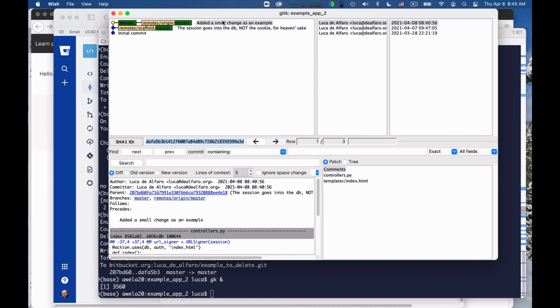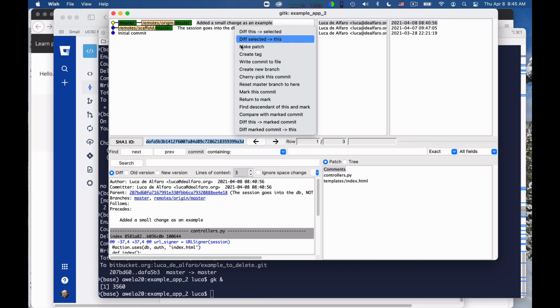For example, one of the things I love the most is that I think it happened to all of you that at some point you make a super silly error, and you say, oh, I just wish I never did this commit. I realize it's completely wrong-headed. Can I please go back? Or can I at least go back with one of my branches? If you really want to, you can right-click here and say, reset master branch here.